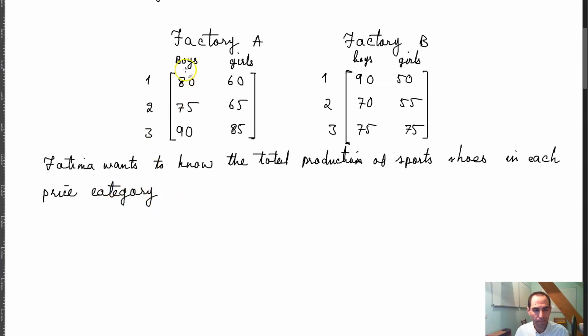Meaning that in each price category, of course, boys and girls would be separate, but then the factories would be combined together, of course, right? So then the total production would be